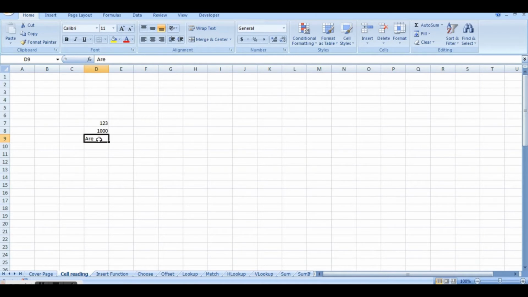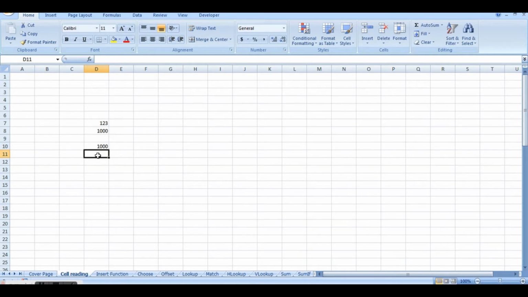Now let us try to check it with the help of a formula. If we try to make a sum of 1000 plus R, it will show an error to us. Let us see it. See now, 1000 plus R, it shows an error. So you can put words, but if figures are not put correctly, Excel won't understand it.